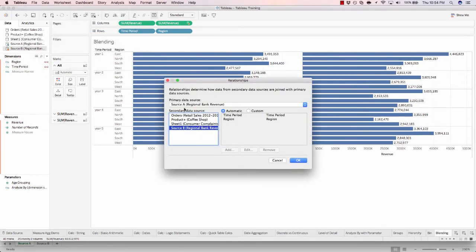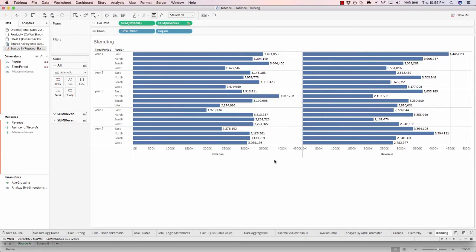So currently source A is joining on both time period and region to source B. You can see here the primary source in blue and our secondary source in orange. Tableau has selected the automatic radio button because, based on the naming of the fields, it automatically created the blend for us. However, if you didn't feel like renaming the fields, for example, if I cancel out, undo,